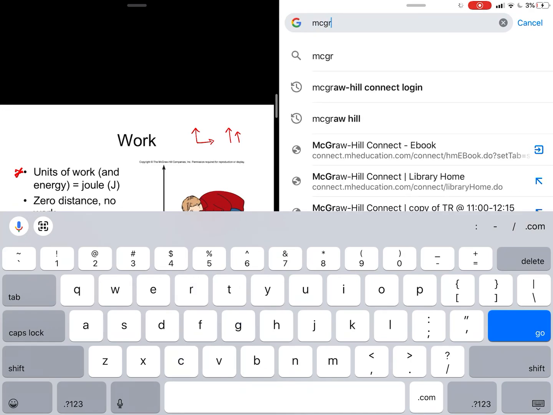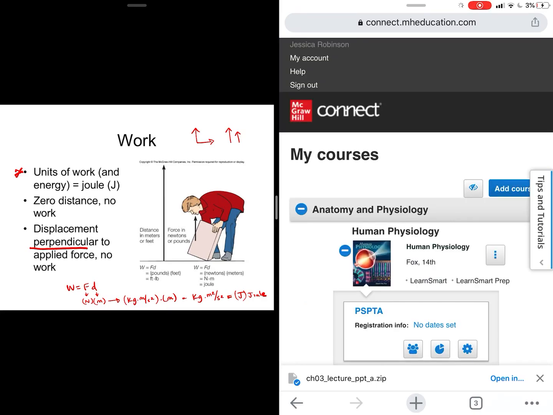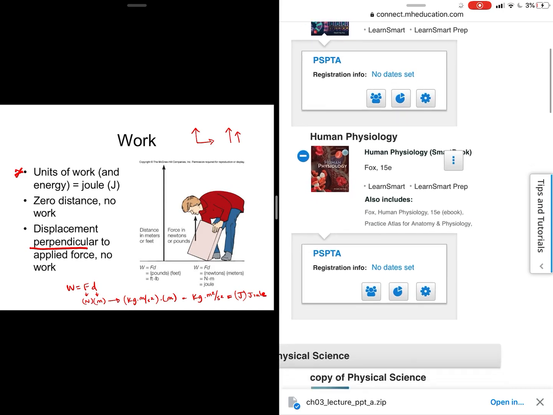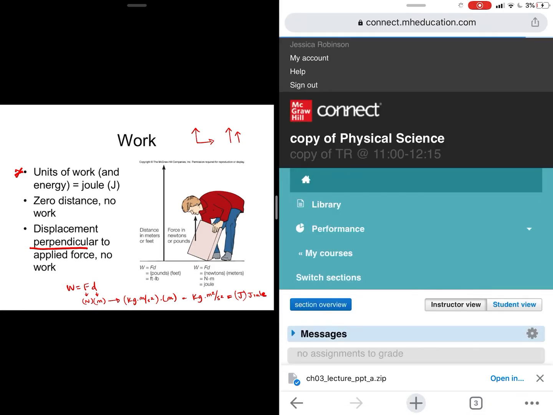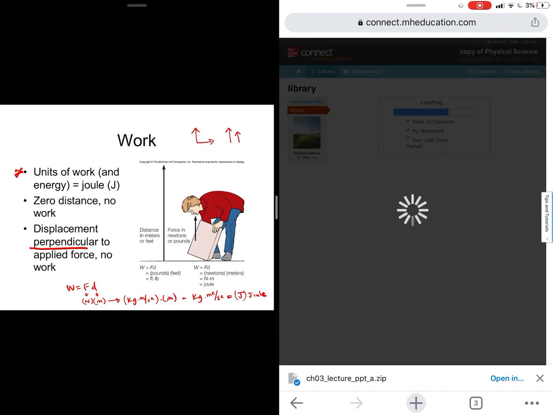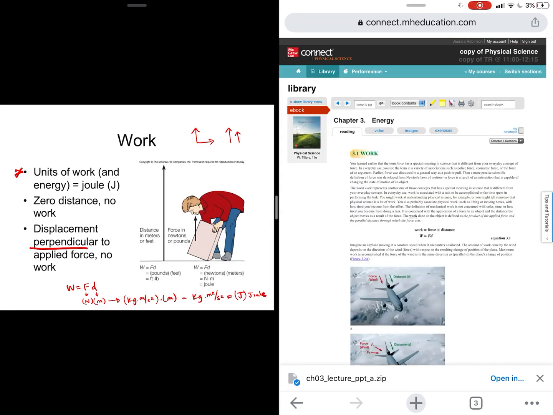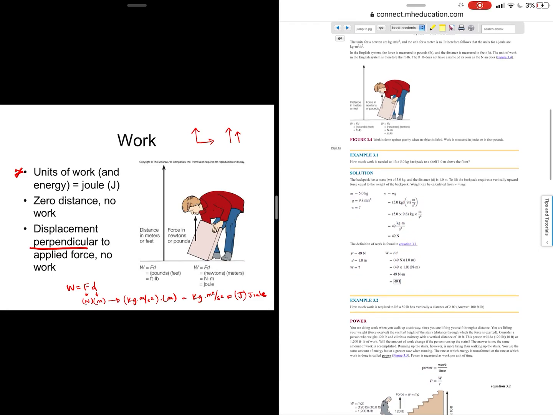So if you go to your McGraw-Hill, and obviously you don't have a whole bunch of courses going on there, go to your resources, go to your book. So if you didn't know how to do all this, there you go. All right, so we've got our chapter 3 book here. And if we go to our first example,